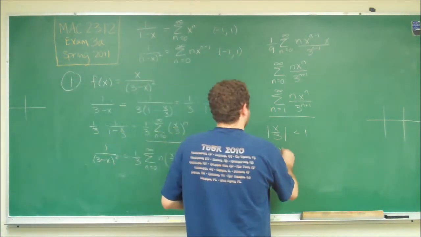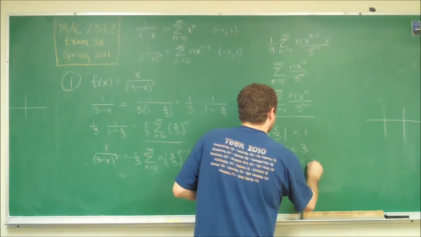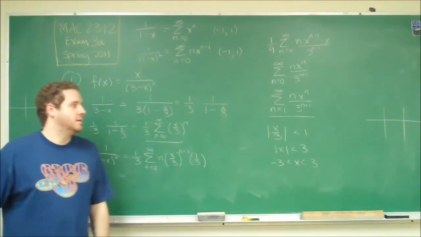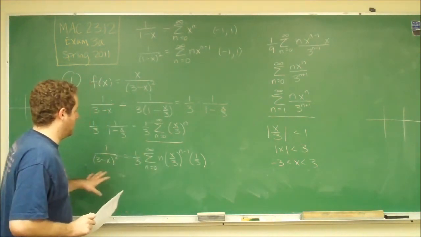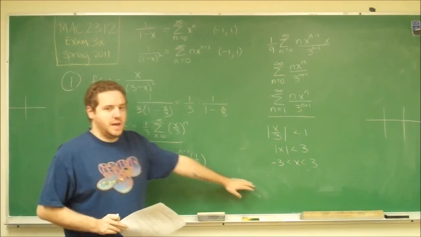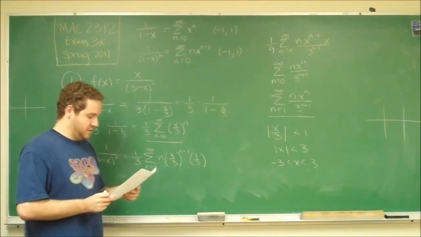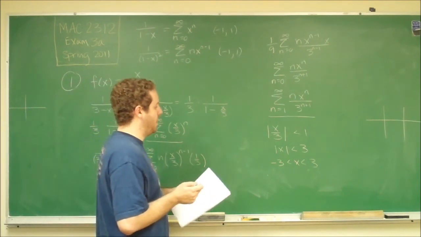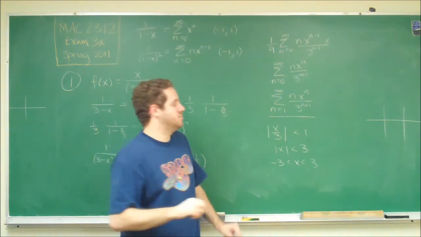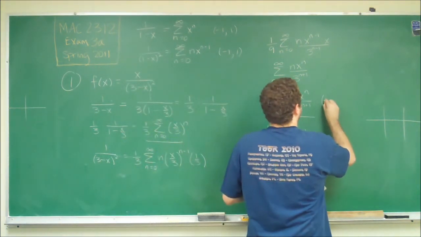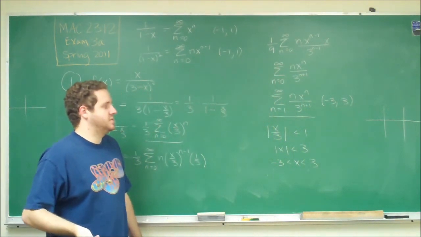Meaning the absolute value of x has to be less than 3, meaning x is in between -3 and 3. So doing the derivative didn't change that, but plugging in x over 3 instead of x is what changed that. So our power series representation is right here, n x^n over 3^(n+1), and then our interval is -3 to 3, or if it asks you for the radius, then it would